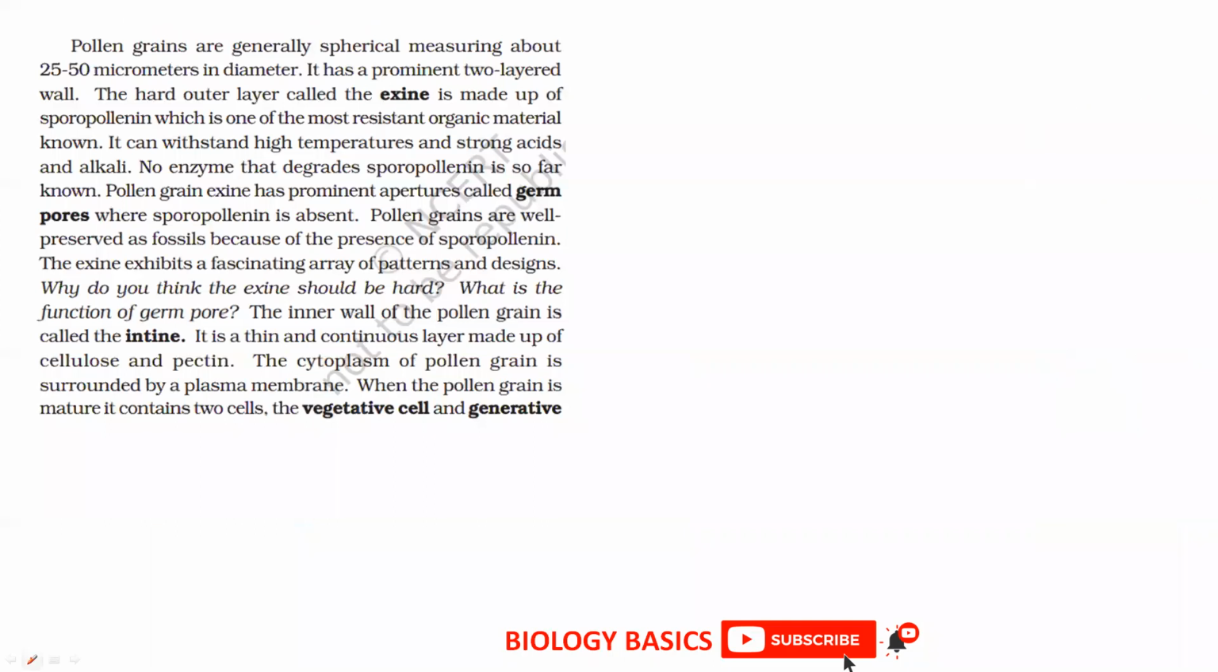So let's see what is mentioned in the textbook. It is 25 to 50 micrometers in diameter. It is a two-layered structure, the outer exine and the inner intine. The inner wall is your intine, and the hard outer layer is the exine. This is made up of the most resistant organic material,